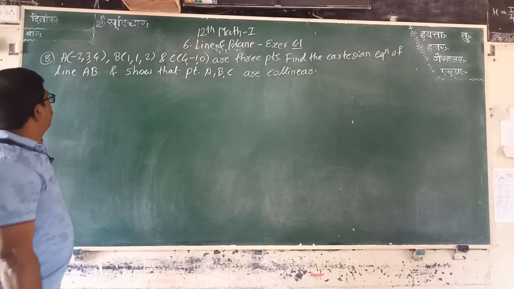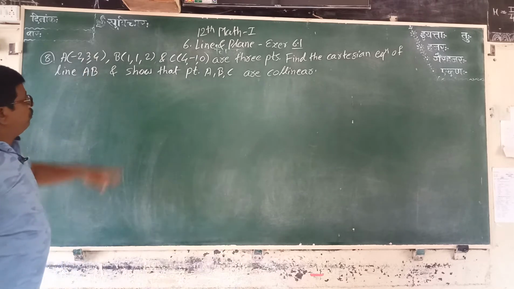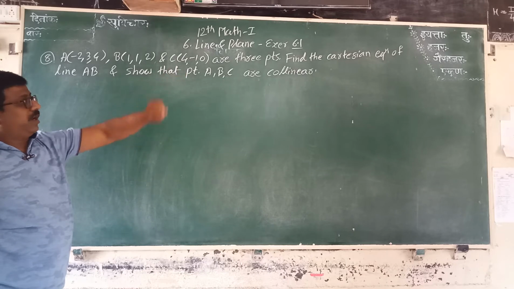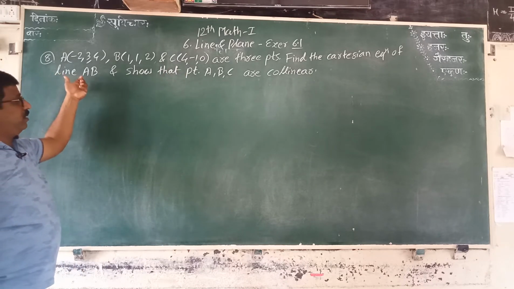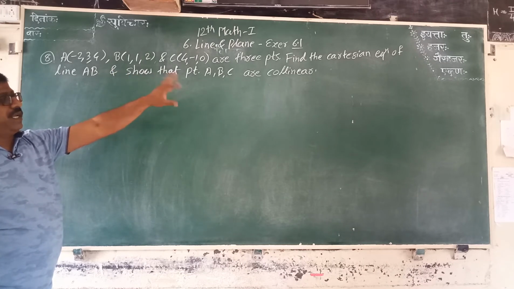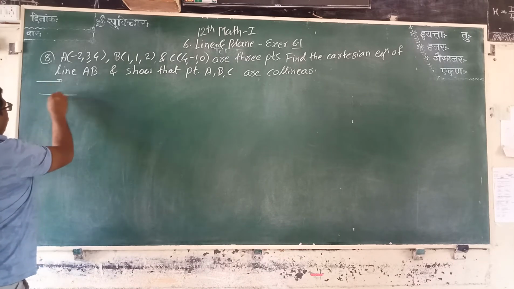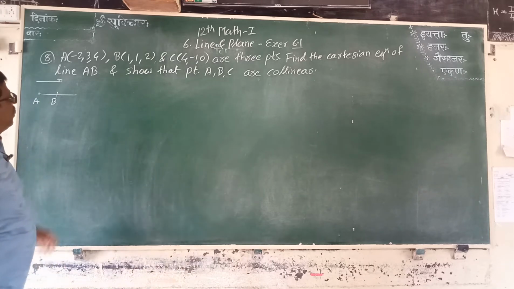Now this question number 8: A(-2, 3, 4), B(1, 1, 2) and C(4, -1, 0) are 3 points. Find the Cartesian equation of line AB and show that points A, B, C are collinear. At first, we want to find the Cartesian equation of line AB. For that,